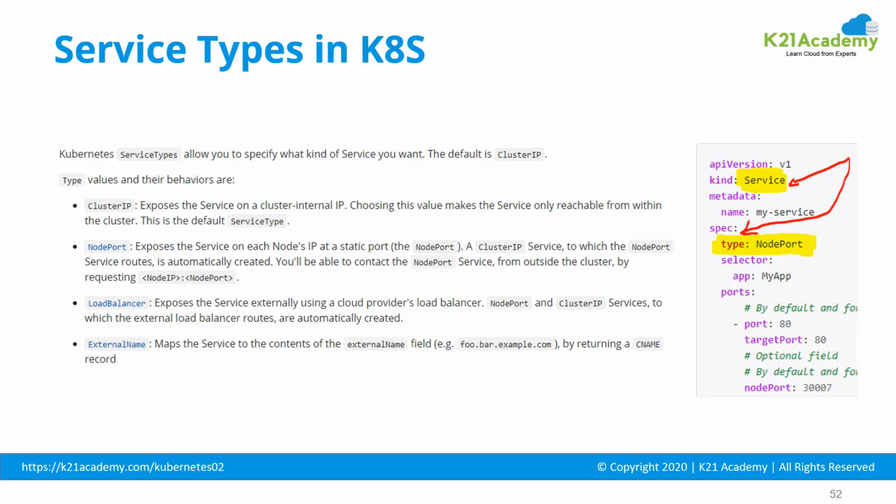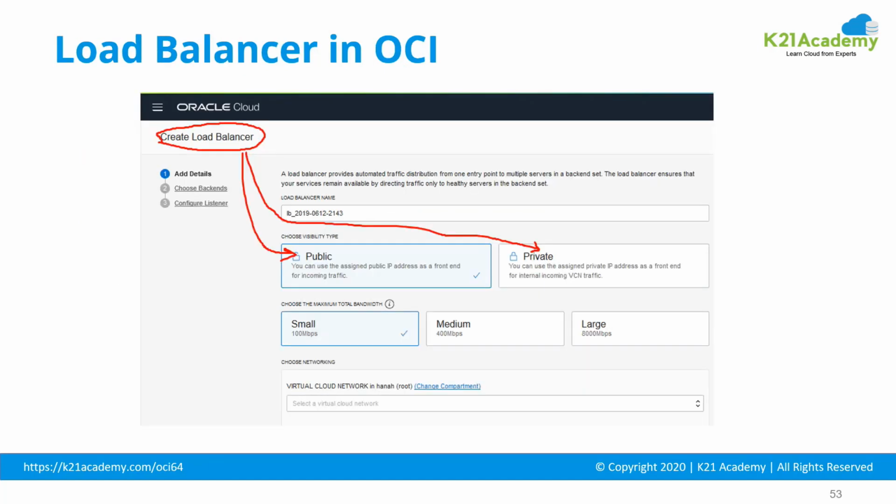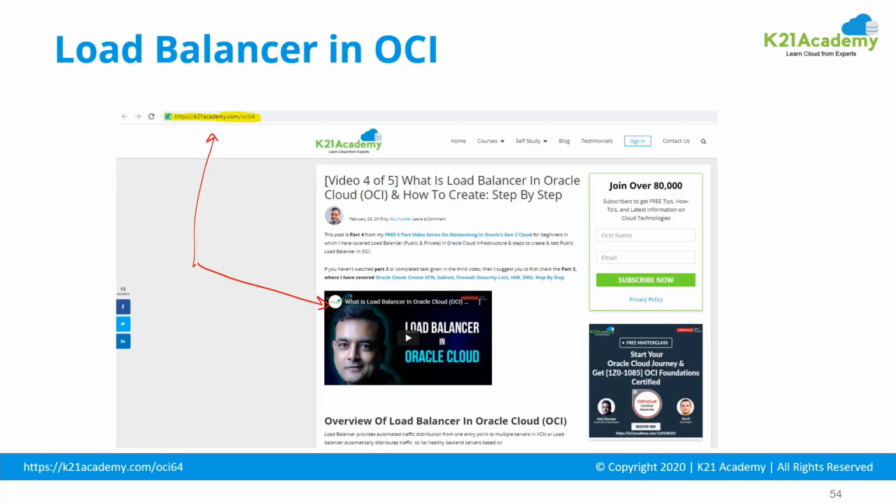In Oracle Kubernetes, you will typically run multiple pods with the same application and you'll be deploying a load balancer in front of that. In Oracle, you can have these load balancers as public or private. If your traffic is coming for these applications internally and always stays internal, then you keep the load balancers private. But if you want to expose these load balancers to the internet, then you can make these load balancers public. And if you want to know more about the load balancers in OCI, you can look at one of the previous episodes on load balancers in Oracle Cloud by going to